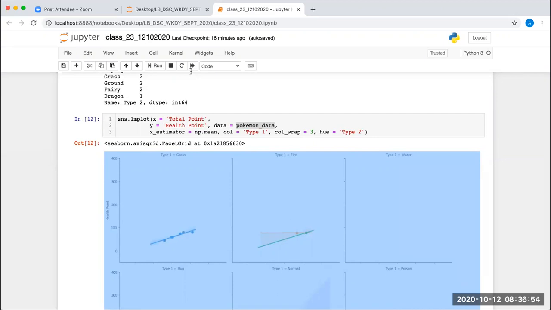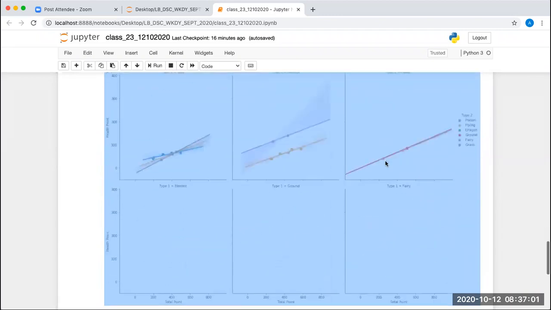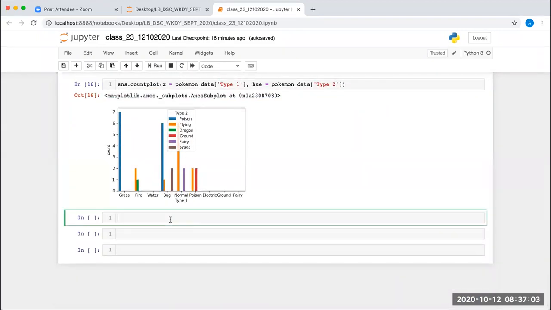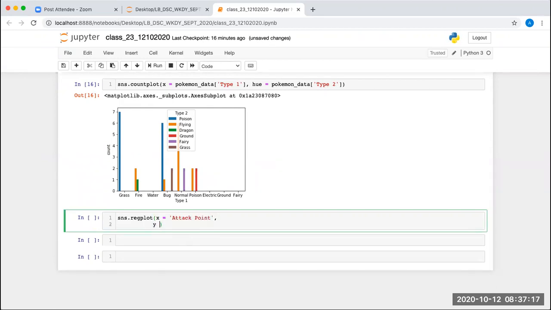Okay, now let's see the regression plot. In the regression plot, you have to mention the X and Y attribute. SNS dot regression plot, and we are going to mention X is equal to, let's say, attack point, and Y is equal to, I'm going to plot defense point.